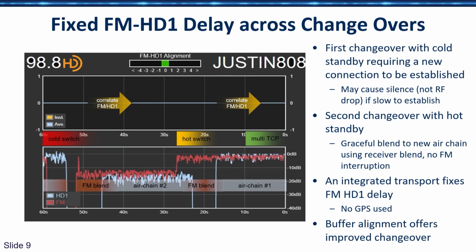So even though the RF is gone, your radio keeps playing for another 4.5 seconds. That's part of the HD system. So the HD keeps on playing, and then at that point it will drop back to the unmodulated FM. The new AirChain comes on, and I put it at a lower audio level so we can see which one is currently active. The FM comes first, and then it blends into the HD perfectly aligned.